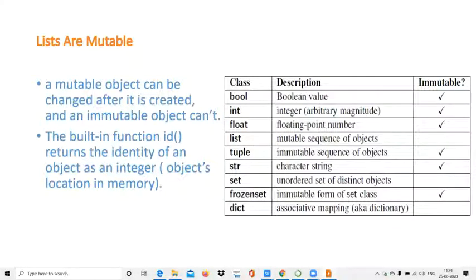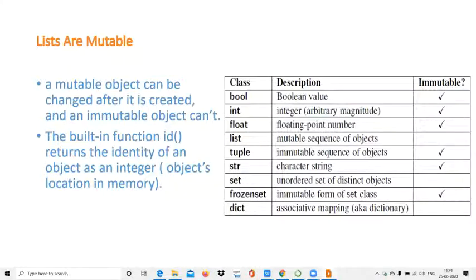So lists are mutable. A mutable object can be changed after it is created, which I have already told and shown with examples like concatenation, replication, and appending to the list.